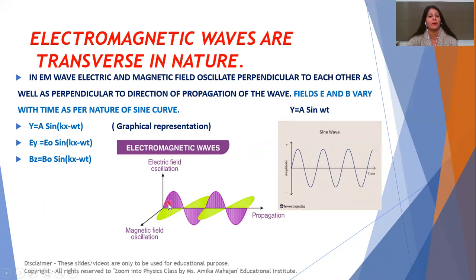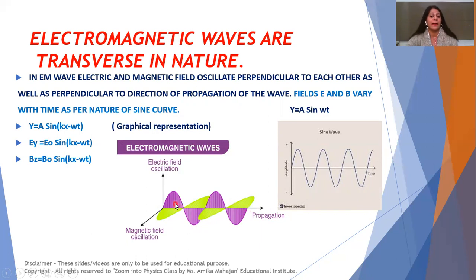This purple part shows electric field oscillation and the yellow part shows the magnetic field wave. But we find that these electric and magnetic fields acquire the shape of a sine wave. What do you mean by this? If I have a sine wave equation, it will be y equal to a sine omega t. Its graphical representation will be like this. Now come to this graphical part of the electromagnetic wave. I find that this wave, which is showing electric field oscillation, is assuming the shape of a sine wave. Similarly, this yellow part, which is the magnetic field, is again assuming the shape of a sine wave.